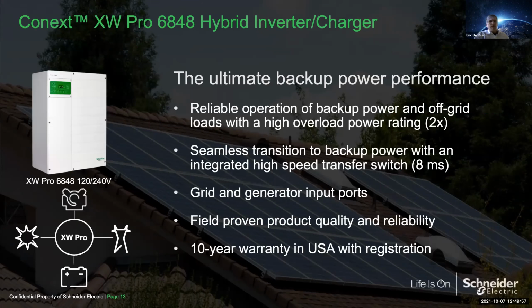So XW Pro is the latest and greatest for smart grid functionality. We have taken our basic, reliable, robust and scalable platform to a whole new level. We still have the same power electronics design and isolated compartment for airflow that adds to the longevity of the product, but we have a completely new redesigned control board that offers UL 1741 SA compliance and is compatible with